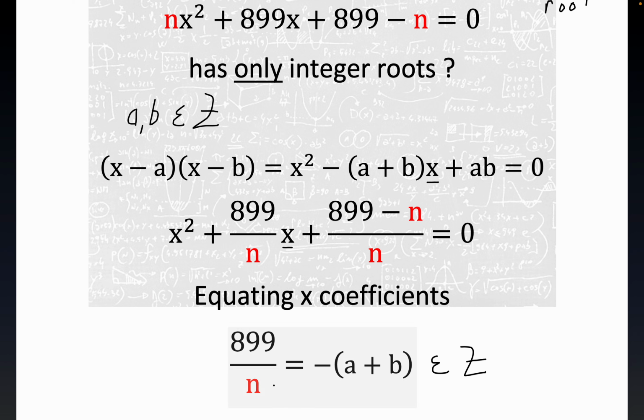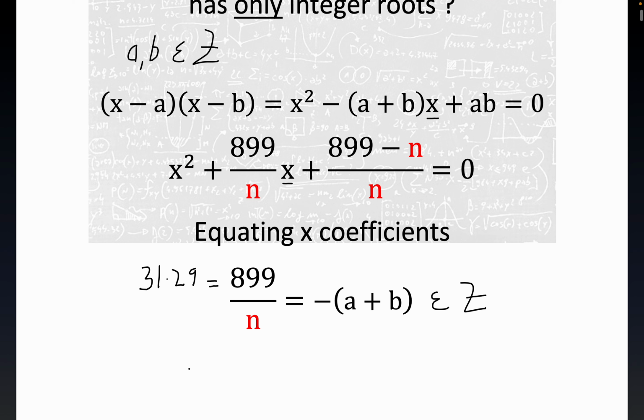But you see that begs the question, what kind of n divides 899? That would include negative and positive n's. Well, once you see that 899, and this takes a little bit of time, is 31 times 29, a relatively large number being the product of just two distinct primes. It has a prime signature of, I think, 1, 1, something like that. But anyway, you can just write down the divisors here. The only divisors, if 899 is equal to 29 times 31, which it is, then the only n